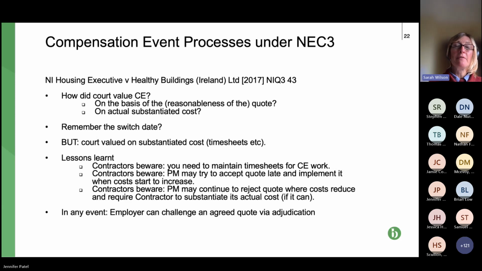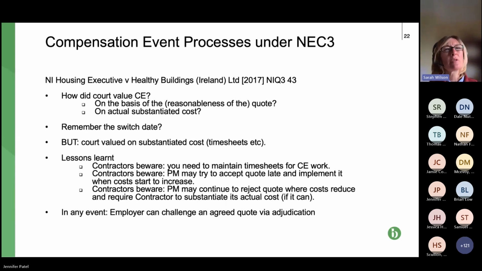But this effectively means that if a matter goes to adjudication or court, the contractor will have to provide the quote, but the dispute will substantially be resolved based on the contemporaneous documents showing how much time was spent, who spent that time, what materials were required, etc., for that specific CE. So it's not a helpful case for contractors and subcontractors because it means they've got to provide the quote still,